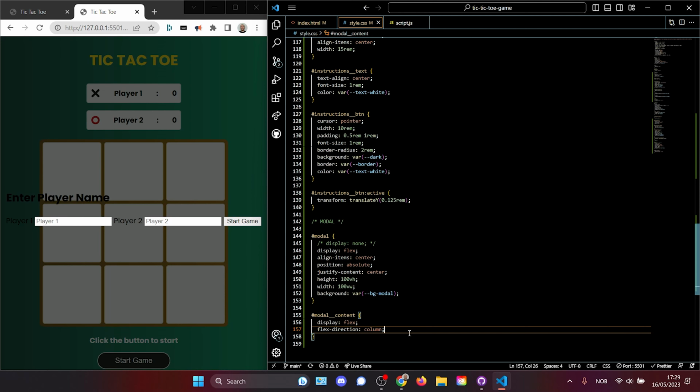So starting with square 1, we're going to give it a name of constant square 1, and we're going to say in this document find or get the element by ID name of,